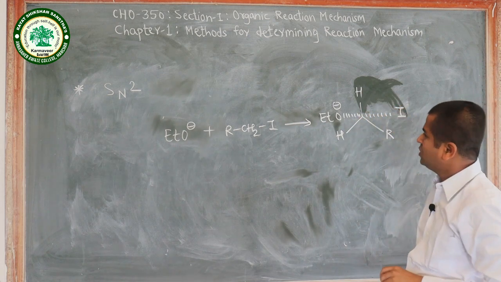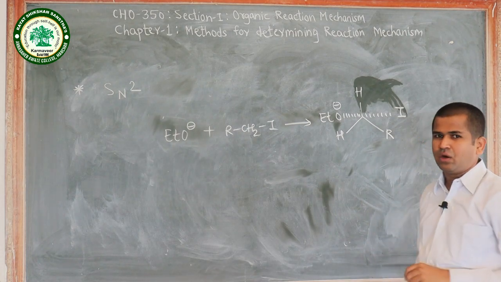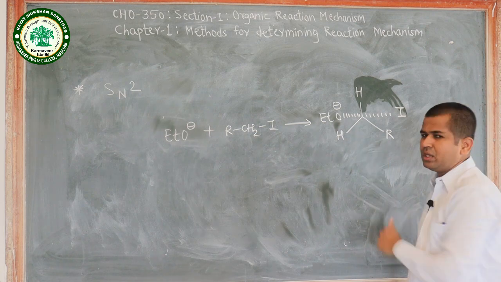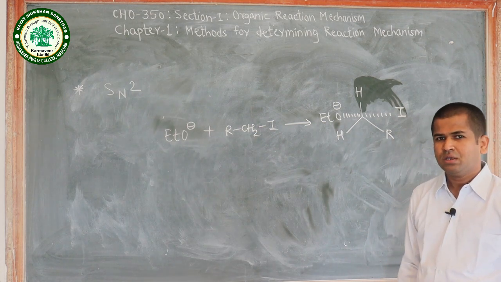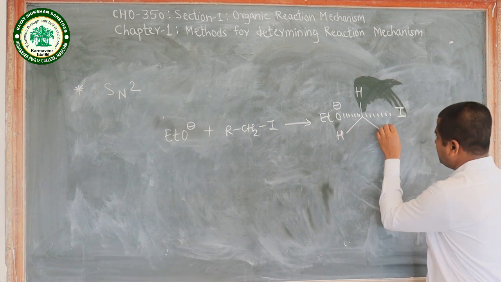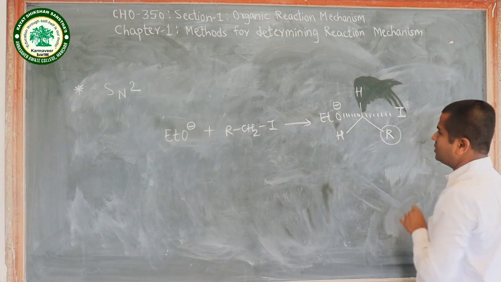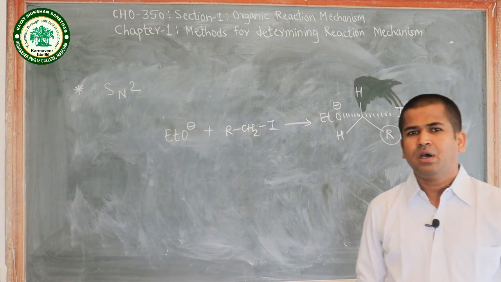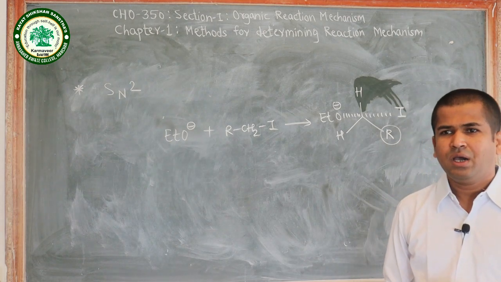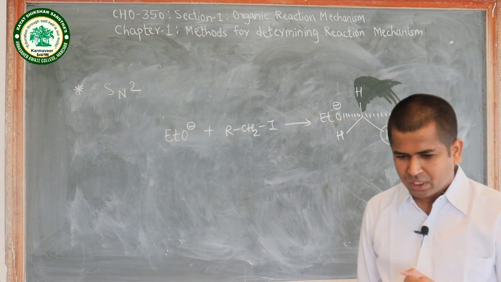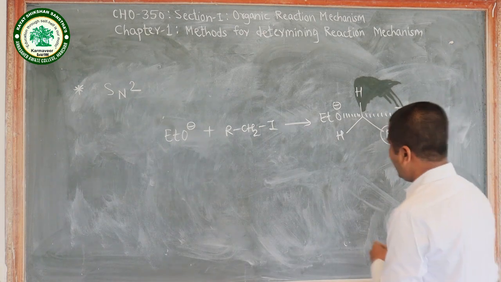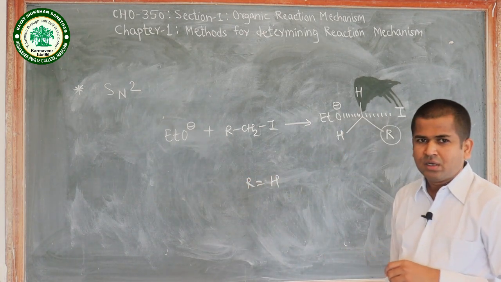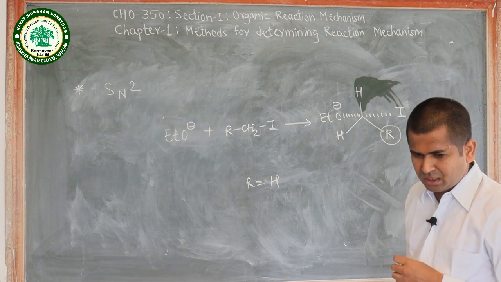Okay. So since the transition state is highly crowded, the degree of freedom of this alkyl halide molecule is lost. So as the bulkiness of this R group increases, there is more and more loss in degree of freedom of alkyl halide. Okay. So here when R group is hydrogen, the entropy of activation is